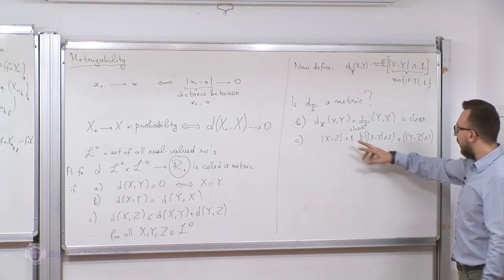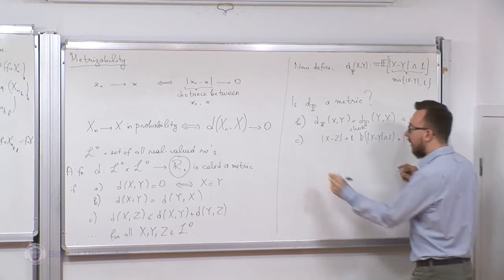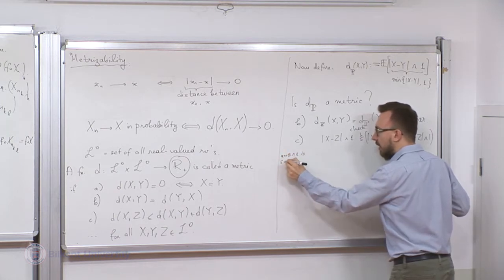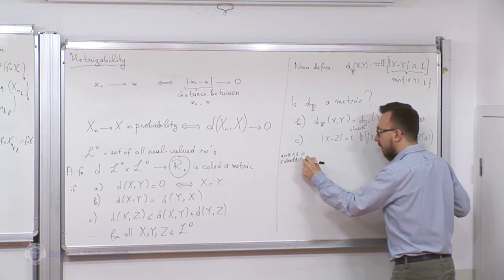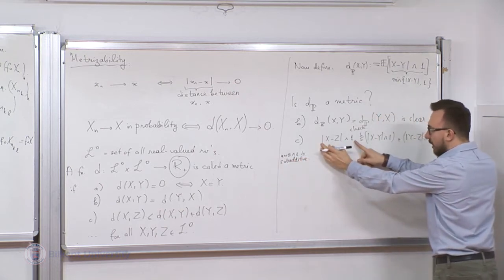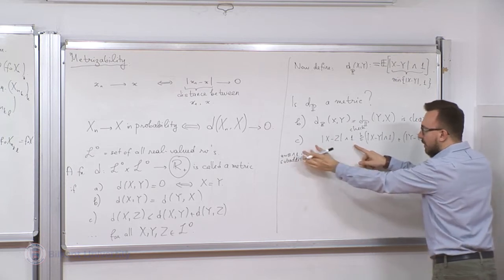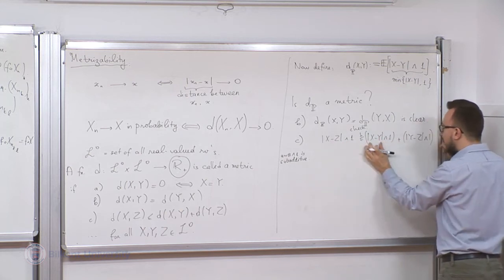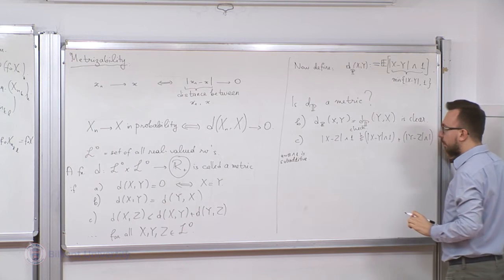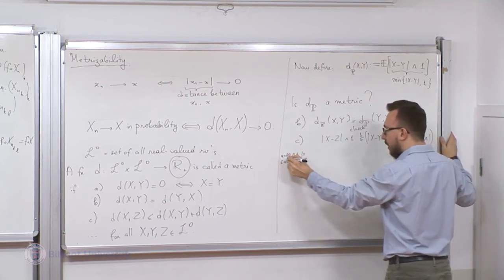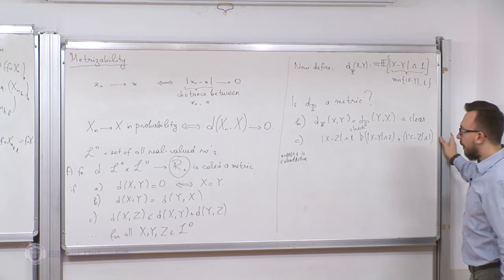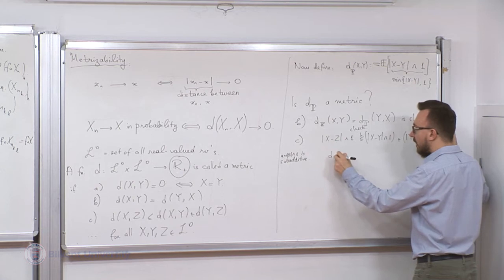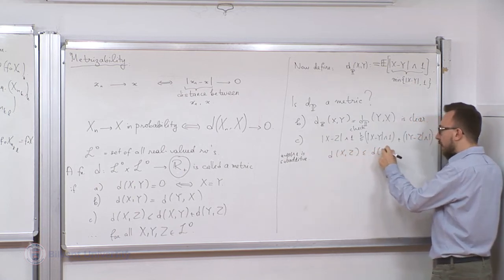For any numbers x, y, z, you have this because the function a minimum 1 is subadditive. So its value at a plus b is less than its value at a plus its value at b. So here your a's are this, this, and this. Or maybe in absolute value, right? Sorry, in absolute value. So you can just check this. It's OK. And then if you take expectations, you have just the triangle inequality.